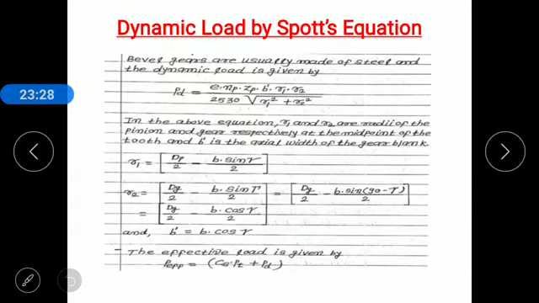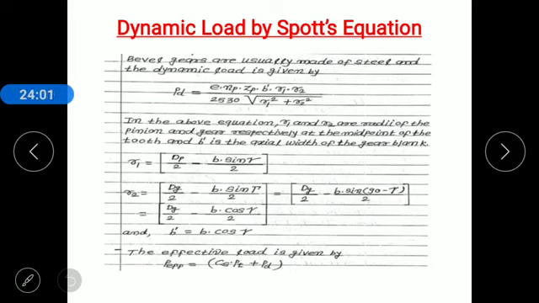After that, the dynamic load is basically found by using two equations, the Spott equation or the Buckingham equation. Bevel gears are usually made of steel, and the dynamic load is given by the Spott equation. That dynamic load is found by using the Spott equation: P suffix D is equal to E n suffix p z suffix p b dash. Remember that b dash r1 r2 divided by 2530 under root r1 square plus r2 square.